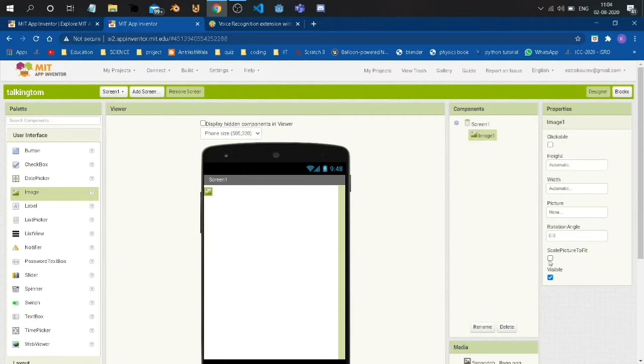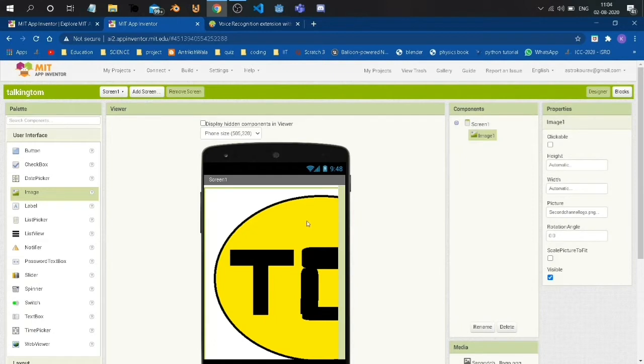So what you need to do is that you need to click here. We have to click here on picture. Okay guys, so now you will click on this picture. So now you will see that second channel logo. I was uploading that. So yeah, now you need to click on this, then you need to click on OK. So it will upload this image.